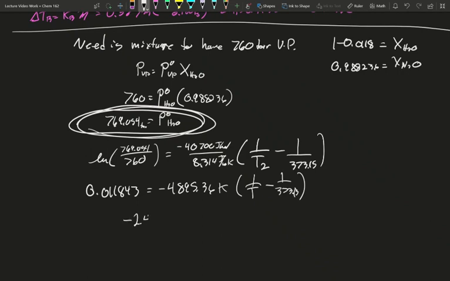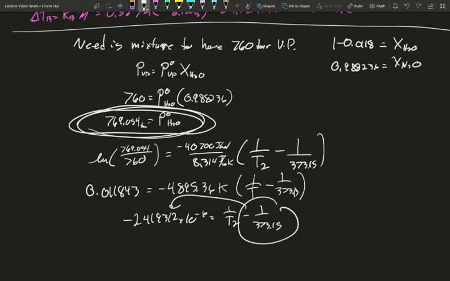Negative 2.419312 times 10 to the minus 6 is going to equal 1 over temp 2 minus 1 over 373.15. Let's add that to both sides. 0.00267747 is going to equal 1 over T2, which means T2 is going to be 1 divided by that, or